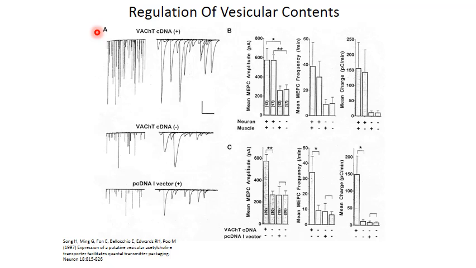When they do express the vesicular acetylcholine transporter cDNA in the neurons, there is a huge increase in amplitude and actually an increase in frequency. We can see that in this column where the expression is only in the neurons, and in this column which is frequency with expression only in the neurons. Expression in muscle did not change the size of the miniature end plate currents. So this had no effect on receptor number, but quite a bit of effect on the amount of transmitter released,